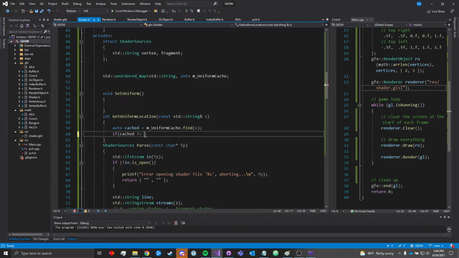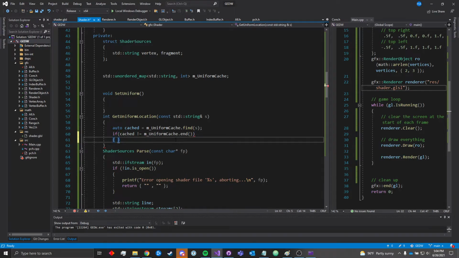But all we have to do is check that it doesn't equal mUniformCache.end. And .end is sort of like the null iterator. It means something that is not contained in the collection. So if we do have something cached, if our cached iterator is not equal to the end iterator, meaning that it is contained within our map, then we will return cached